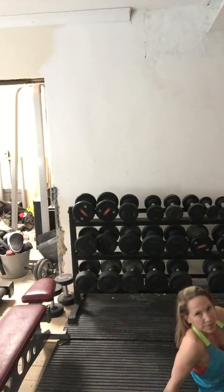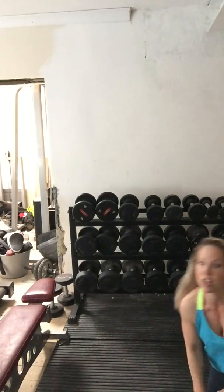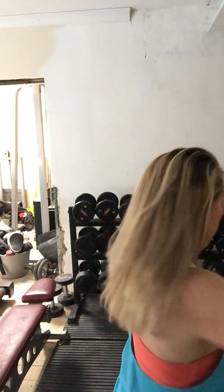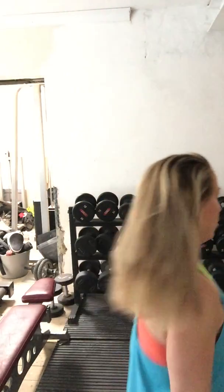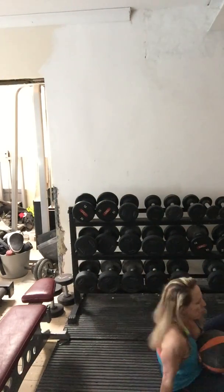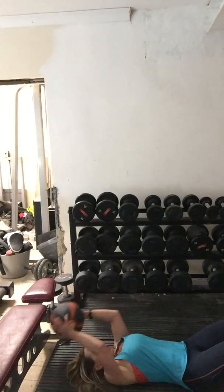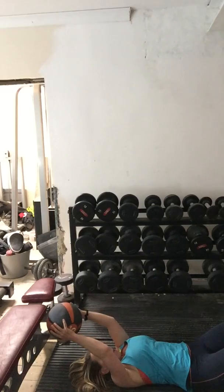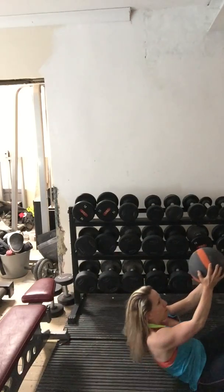Okay, so just talk about this particular exercise. In this exercise, you start with the ball above your head and you're lying down with your knees bent. As you come up, your body follows the ball. Let me show you in an actually sat down position. When you bring the ball up, start behind your head. As you bring it up, your arms stay straight, you rotate from the shoulders,